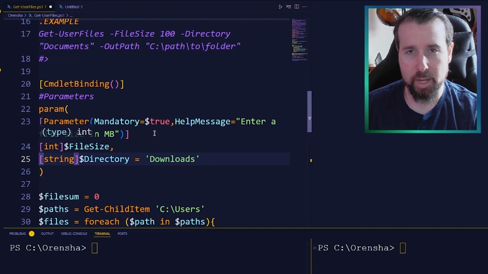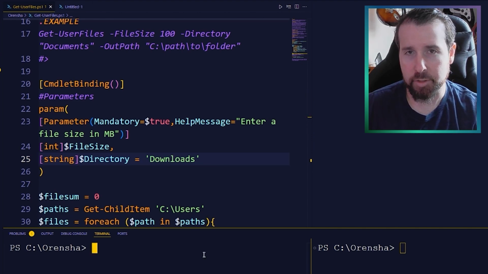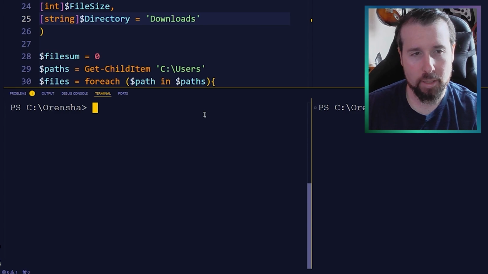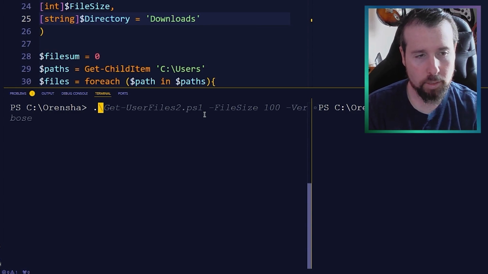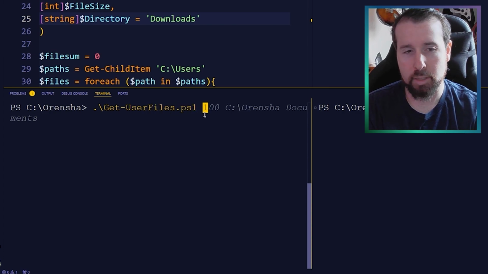So just like that, we've made our script a little bit more robust by declaring the data types that we're accepting in. So I'm going to save this now, and as you should periodically do, you're going to want to test your scripts before you make too many changes. So if something goes wrong, you generally know where the script went wrong. So let's run this in our current folder with our script name. And we're not going to declare something for either of the parameters. Our directory is going to default to downloads,